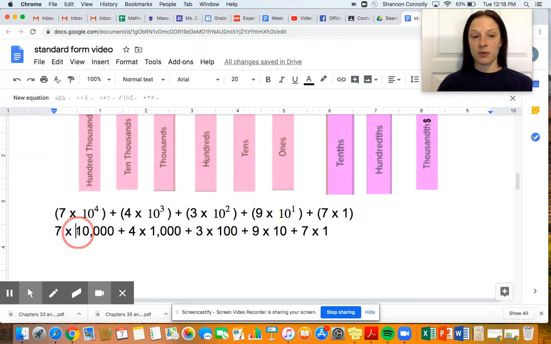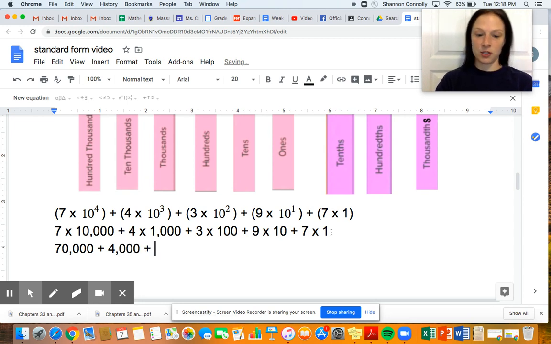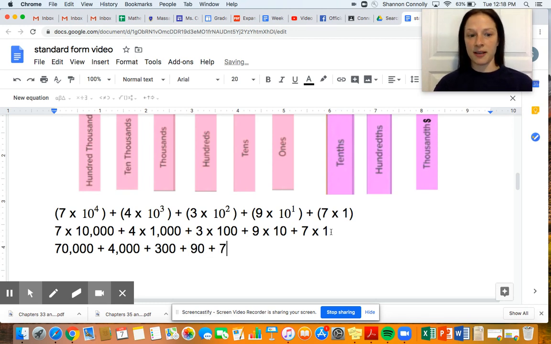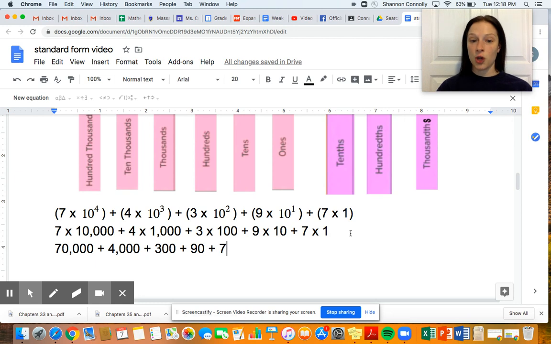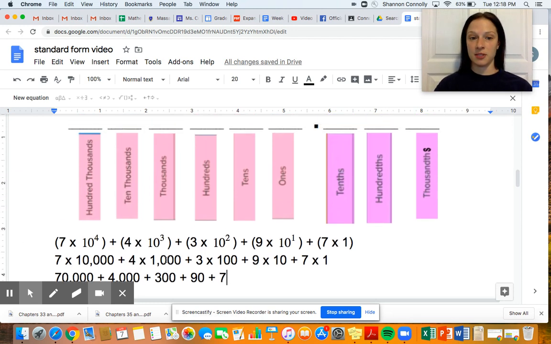After you've written down what each exponent stands for, then you can start bringing everything together. So 7 times 10,000 is 70,000. 4 times 1,000 is 4,000. 3 times 100 is 300. 9 times 10 is 90. And then 7 times 1 is 7. Okay? So you can decide whether you want to line these numbers up, use the standard algorithm, or you might